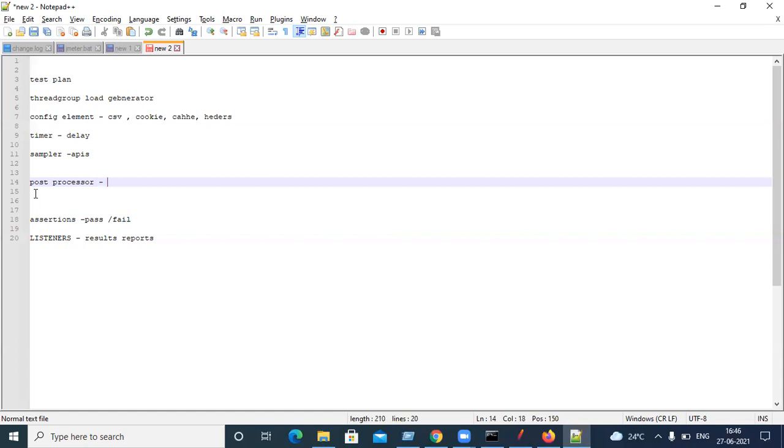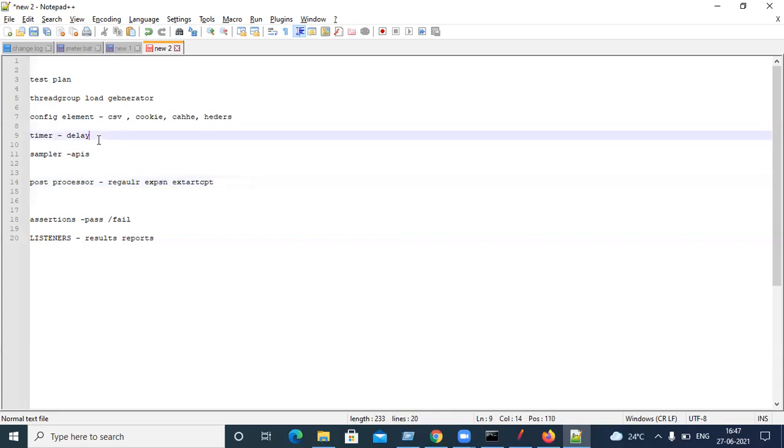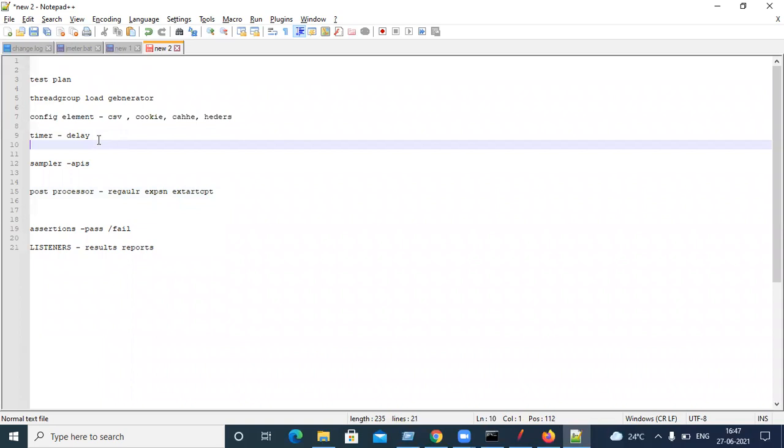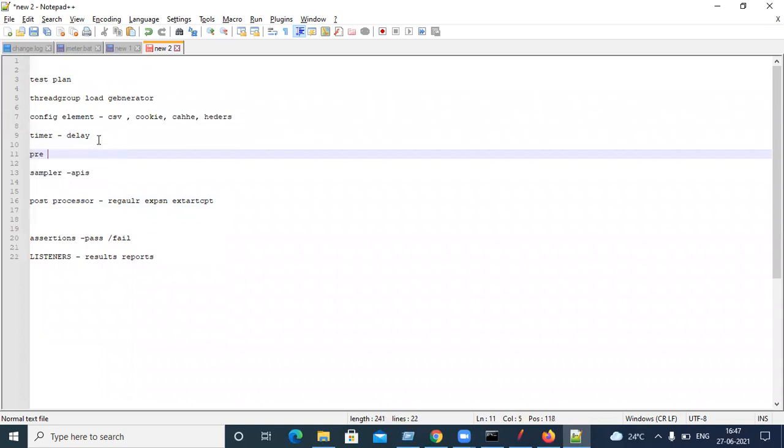Example, regular expression. Similarly, if you want to do any logic or coding before sending the request, then we use a preprocessor. Pre means before.